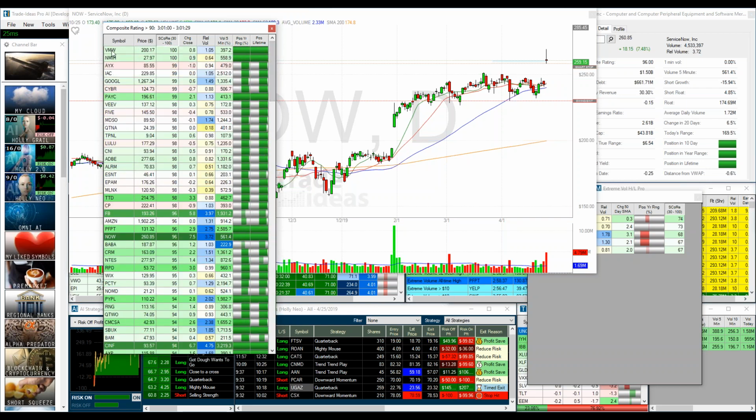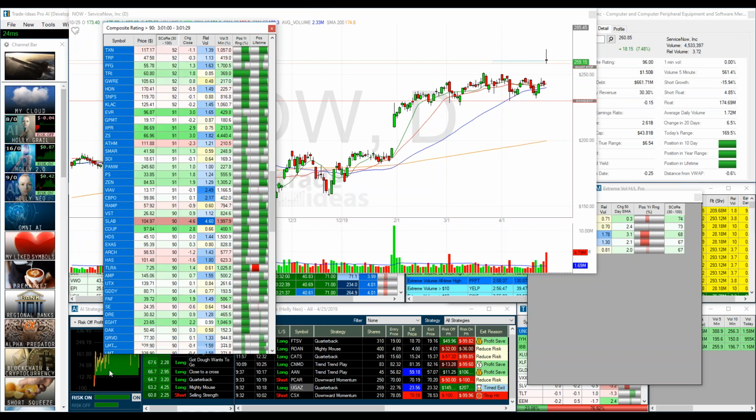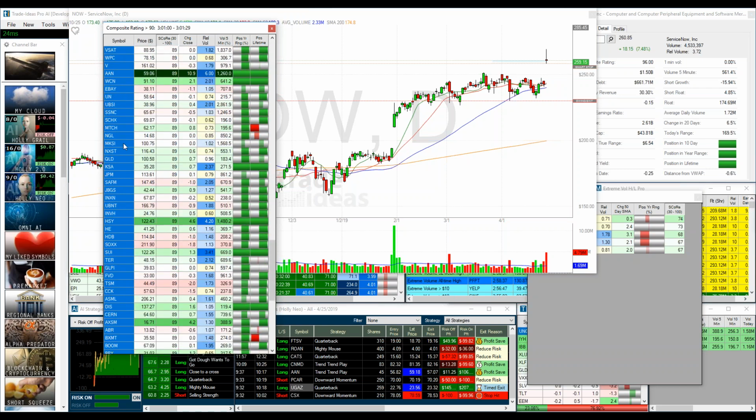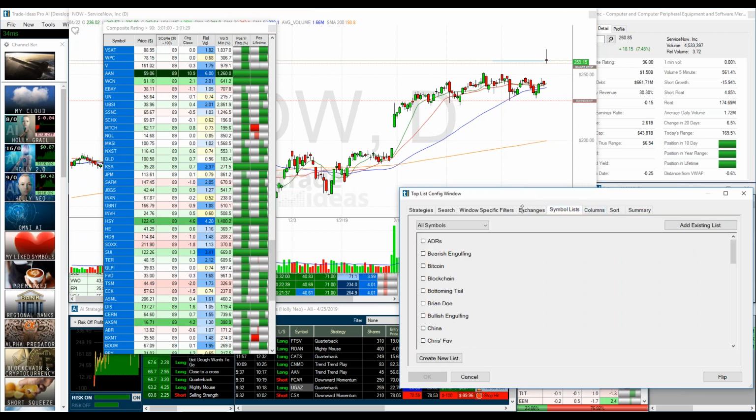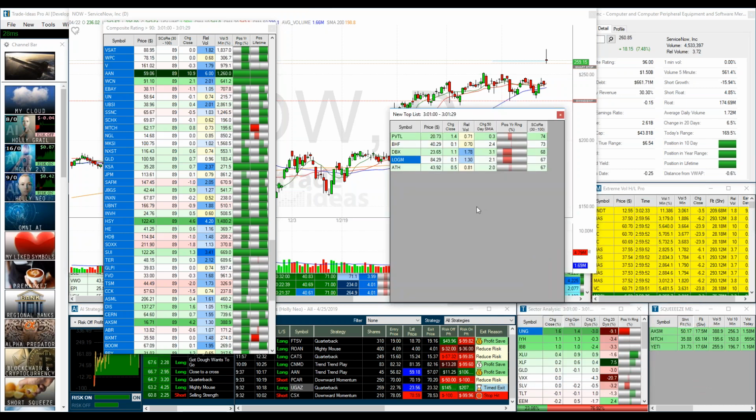So what you might want to do is copy these symbols, build yourself a watch list. You can do that with Control C, cut and paste into a Word doc or whatever, and then make yourself a symbol list with all the strong stocks right now, while the market's close to highs. And then you can drop it into this thing that I'm going to share with you. This little one that I just built, and I'm going to share with you after I name it.